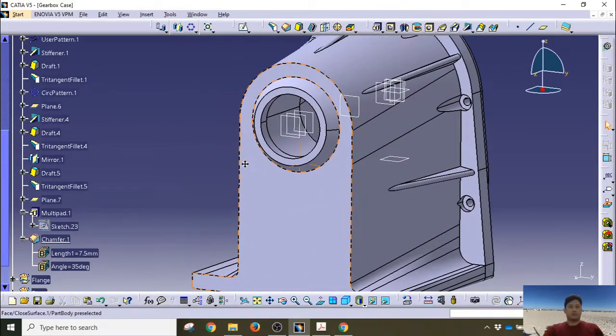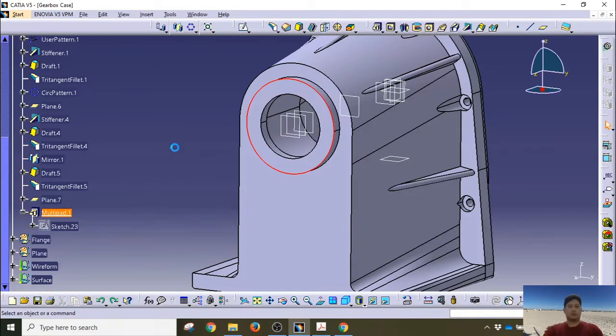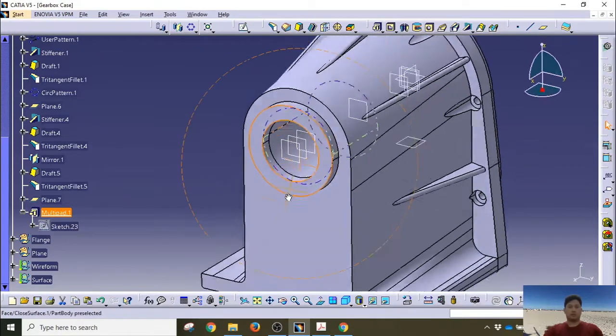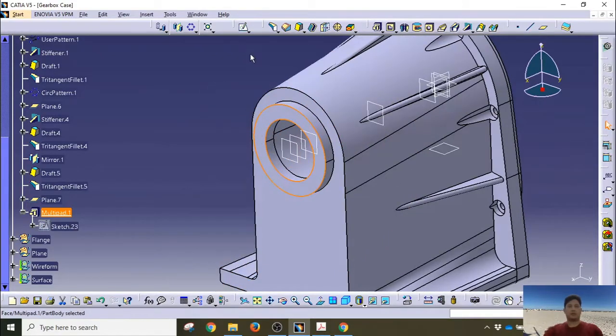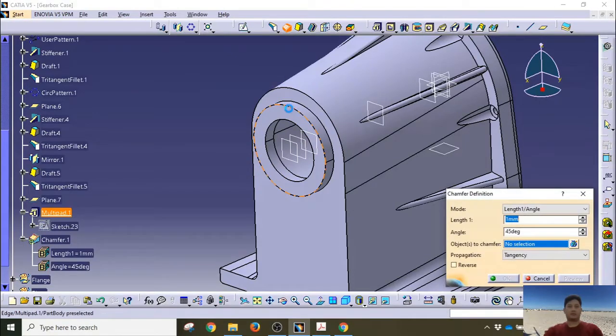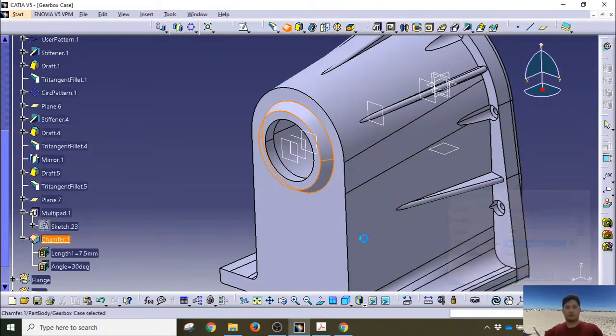Alright, so we can create a chamfer on the flange edge here. So we click on chamfer and select this line. So the length is 7.5, degree 30. Alright, next